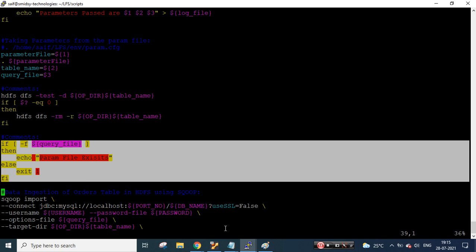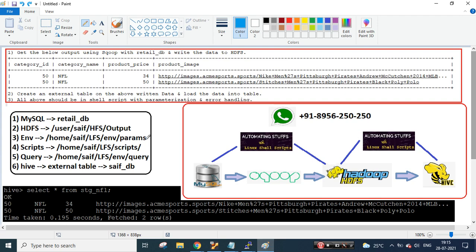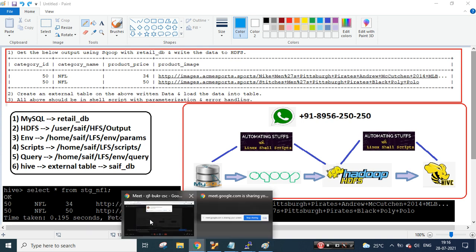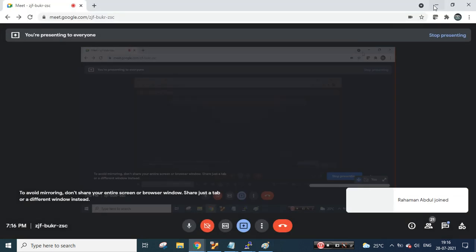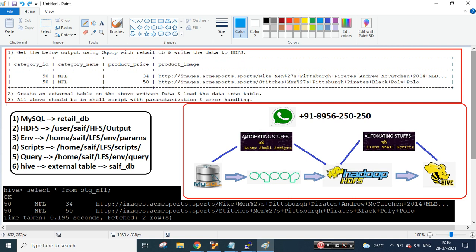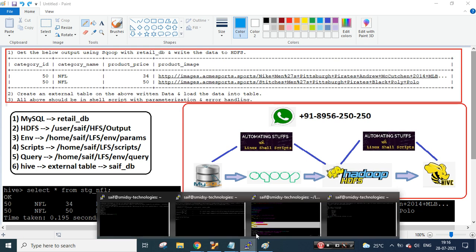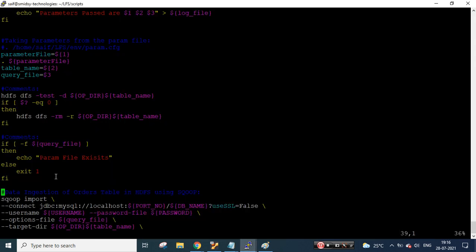Okay, some checks. Why? Because what if in the params file you don't have the parameter, in the scripts folder you don't have scripts, in the query you don't have the query. So again we should check all those things before executing your script. So that's why I'm trying to write all the error handling commands so that in a given scenario it should not fail. Yeah, if that is not available, definitely it will fail. But in a given scenario, if it is available, we need to do error handling, that is positive and negative testing. So I have written whatever I can handle, I'm trying to handle that.